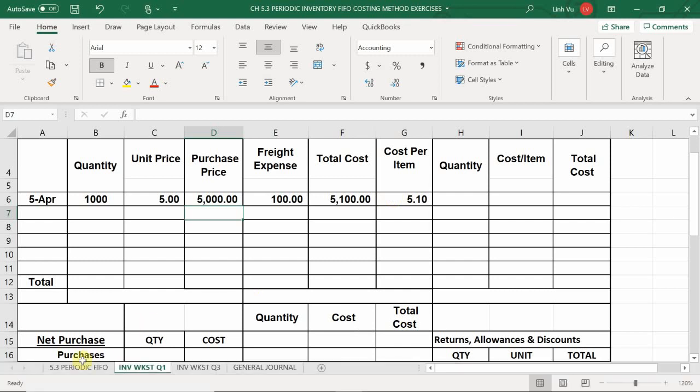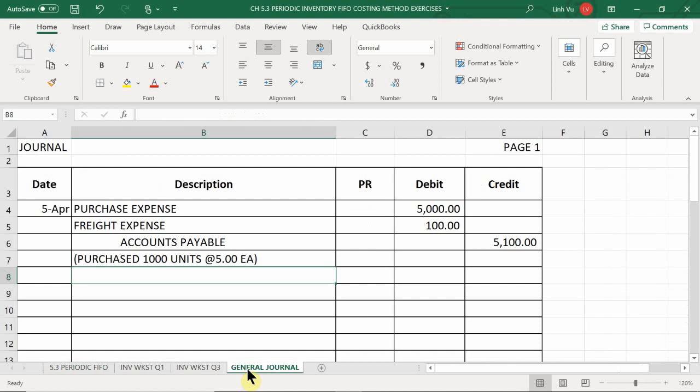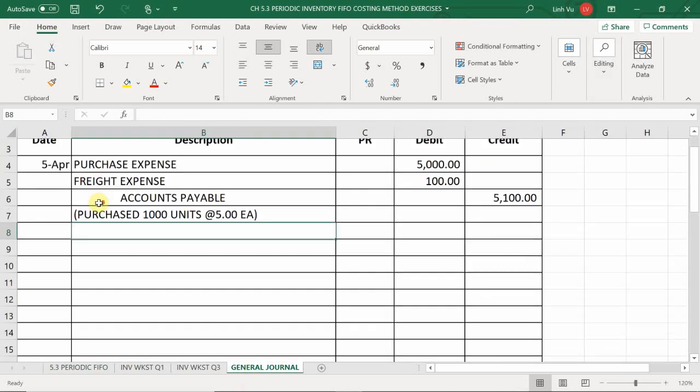Okay. So let's go ahead and dive right into our next scenario. On April 10, we decided to purchase an additional 750 units at $5.75 each, and the freight cost me $75. Now in this case, let's go ahead and practice journalizing that once again. So again, with